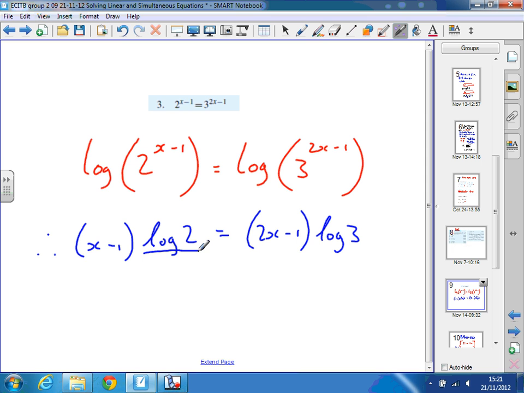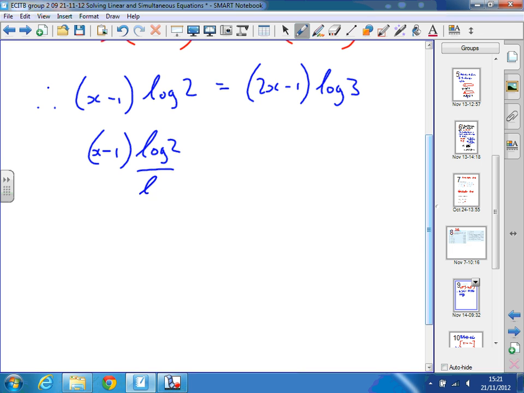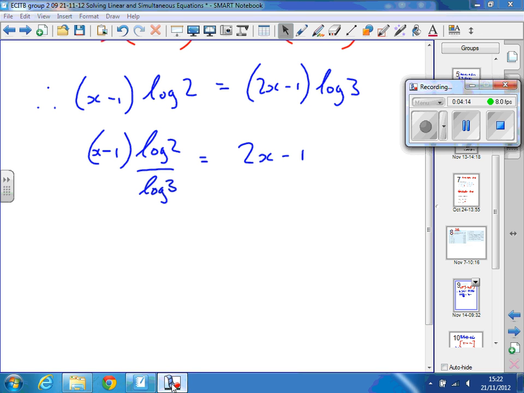So what we did to make life easier for ourselves, if you remember from last time, was divide both sides by the logarithm of 3 to get those awkward numbers together. So if I divide both sides by log 3, I get x minus 1 times log 2 over log 3. So I can lump them together into one new number effectively, equals 2x minus 1. I no longer need the bracket. So work out what log 2 divided by log 3 is. And it's